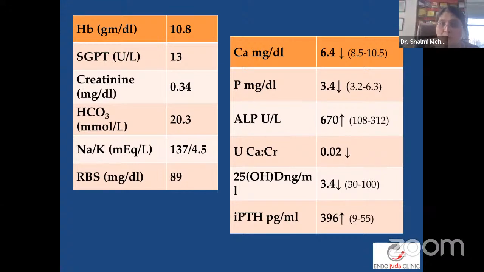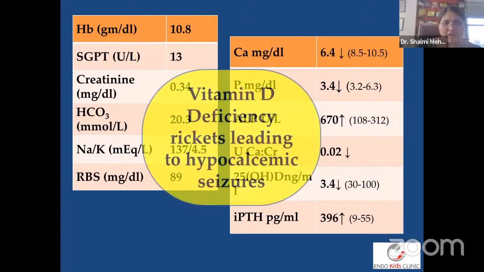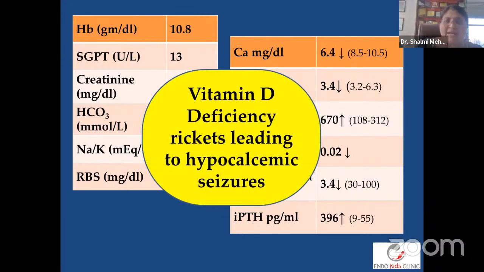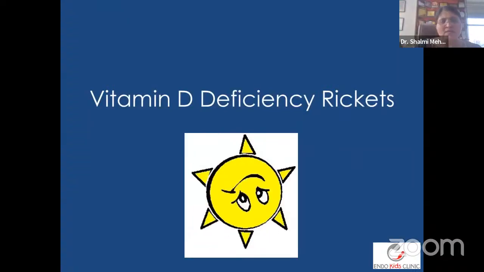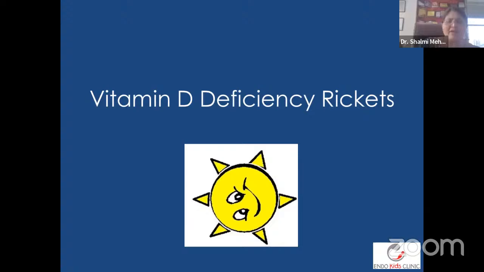But now all the bones are also depleted of calcium, and therefore eventually your serum calcium levels also drop. So when you see a calcium level in the blood also in such low levels, you can always understand that the bones are all depleted of calcium, and this is a patient of very severe rickets. But here, instead of worrying about the PTH, because it's a normal response to a low calcium level, right? So this is a case of vitamin D deficiency rickets causing hypocalcemic seizures. So it's a case of vitamin D deficiency rickets. And this is very, very clear.